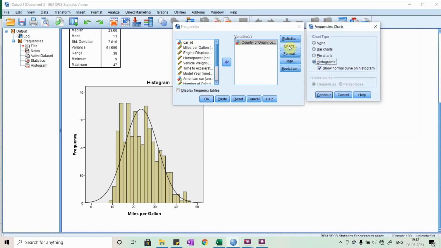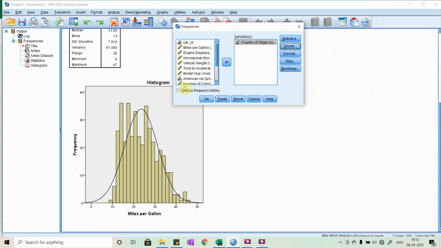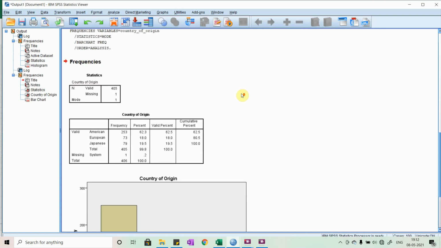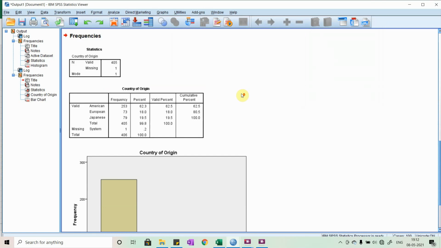We'll go to charts. We'll select bar chart or pie chart, and chart values we'll select frequencies. Click on continue, and then here display frequency tables need to be checked, and you'll click on OK. So again the SPSS output window will show you the output, that is the valid.